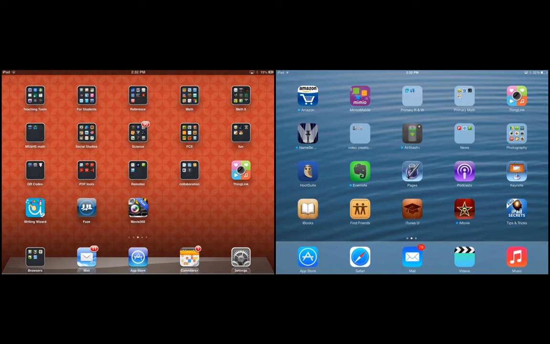I'm continuing a series of tutorials that compare iOS 6 and iOS 7. On my screen you can see on the left-hand side I have an iPad running iOS 6, and on the right-hand screen I have an iPad running iOS 7. In this tutorial I'd like to show you the control panel on iOS 6 compared to the new Command Center